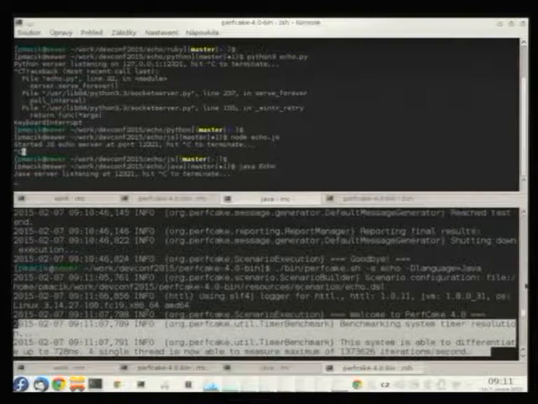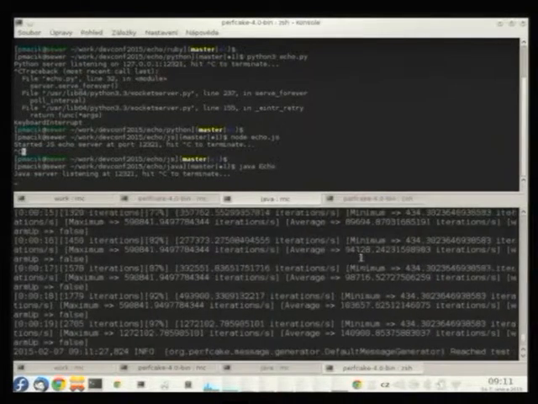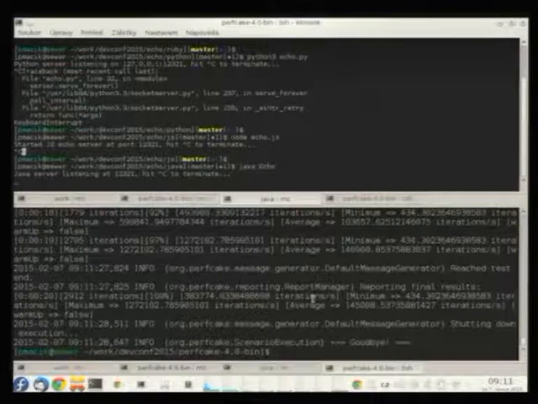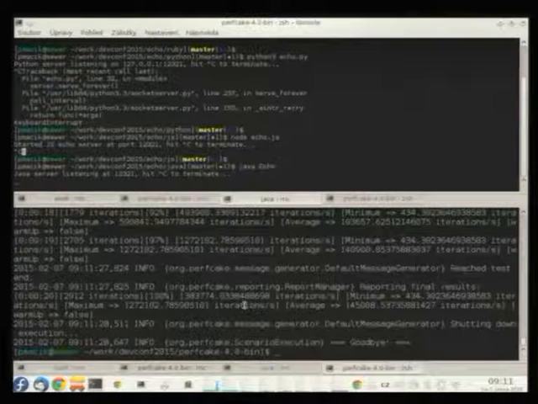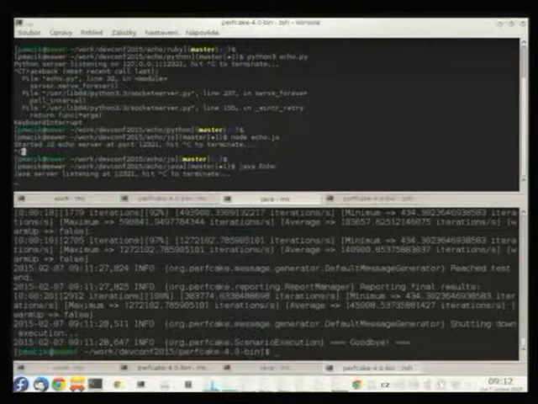But we are using, PerfCake is implemented in Java, to be honest with you. And we use some system nanoseconds timer. So usually the system is able to differentiate time in the amount of, I don't know, several hundreds of nanoseconds. We are not able to get anything more precise.